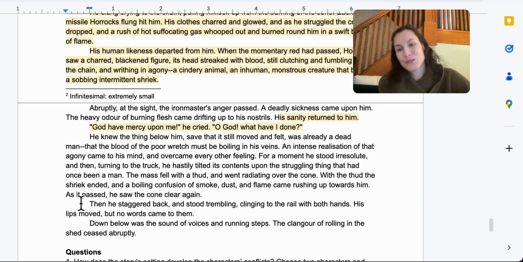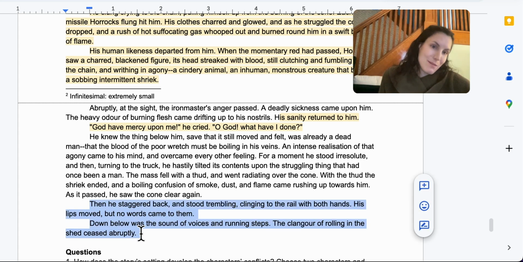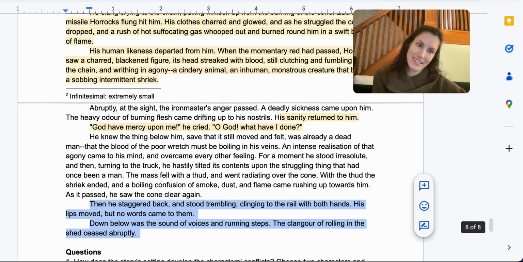And then our resolution is people are coming. So we're pretty sure here that Horrocks is probably going to get in trouble. I mean, he could lie. So it kind of leaves us with an ending that's open for interpretation. We don't know, is Horrocks going to admit his guilt and come clean about this? We also know that Horrocks' wife was pretty suspicious, so is she going to tell? We're not sure if Horrocks is going to tell. We could make that assumption because he does cry out in guilt.